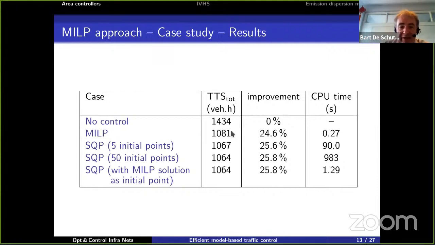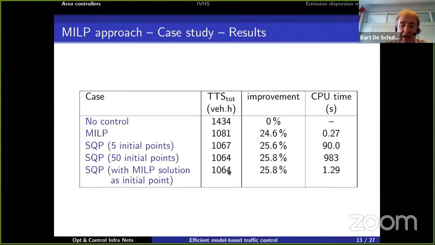So you see that if you consider the nonlinear control compared to the MILP, of course the nonlinear will be better. In general, nonlinear will be better if we consider more starting points, and it will in general also be better than the MILP. However, if we combine the MILP with the nonlinear optimization, so then we actually start from a good initial point, then we see that in this particular case, we are actually